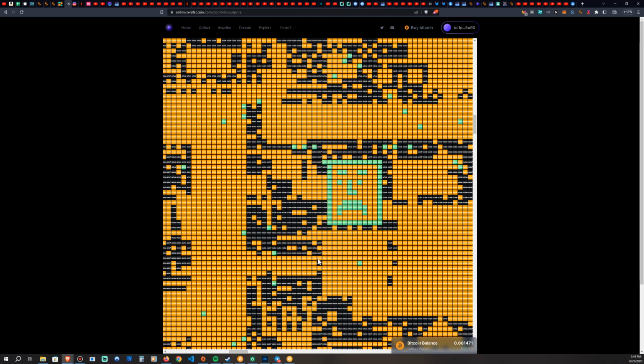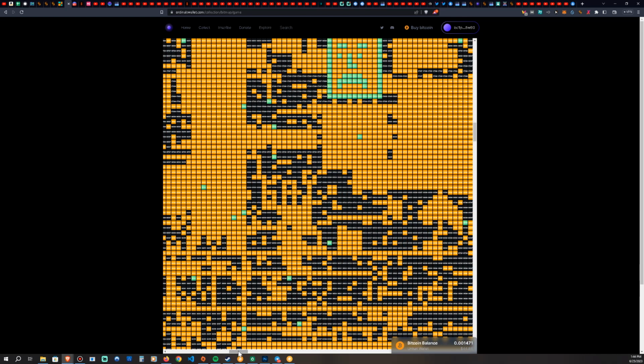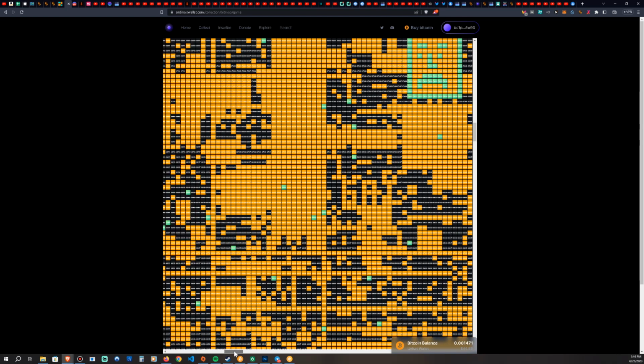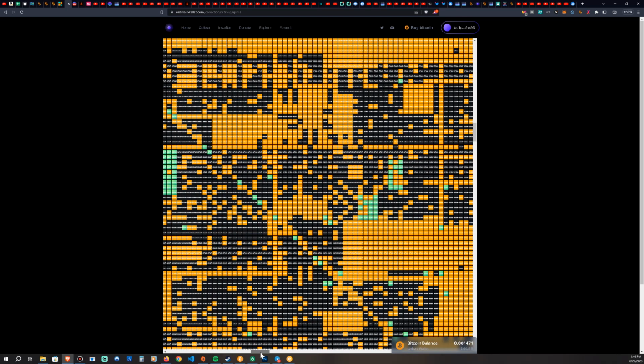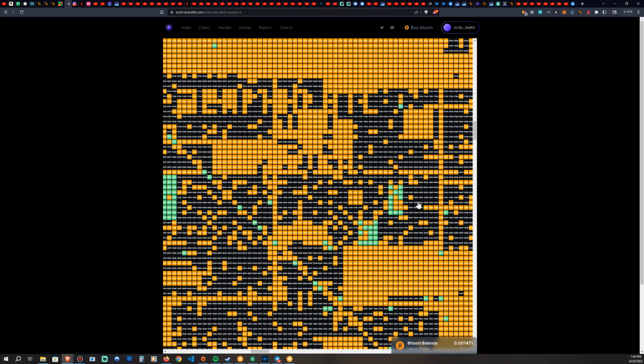Now I'm going to show you how to do multiple blocks, simply because you might want to buy more than one, and in the event that you do, I'm going to show you exactly how. So I'm going to find a little space where it's going to let me. So right here is a good space. This looks good. So I'm going to hold my finger down on that, and I'm going to grab these,